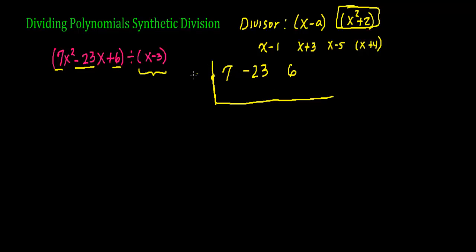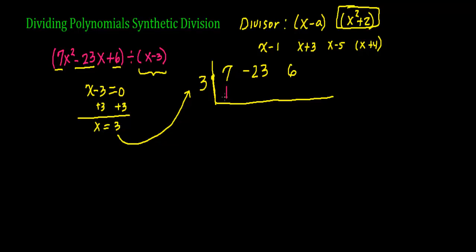Outside, we're going to write the divisor. Now, we're not going to write x minus 3 outside. This is what you do. You take the divisor, you set it equal to 0, and you solve for x. So x equals 3. This 3, that's the number you're going to write outside of this upside down division box, okay? So the first step is you